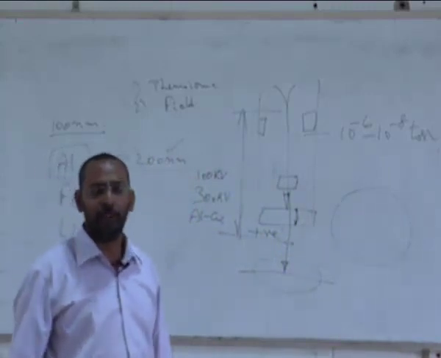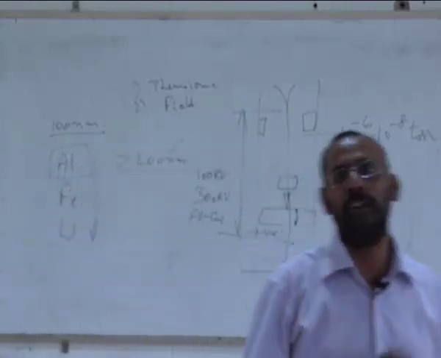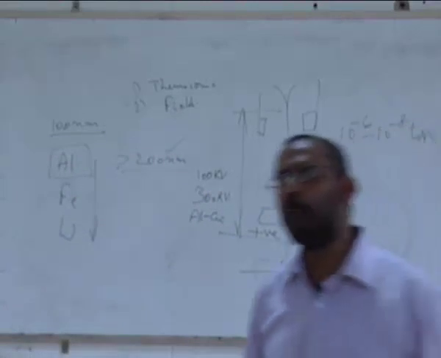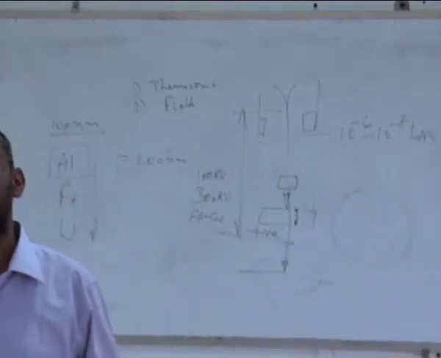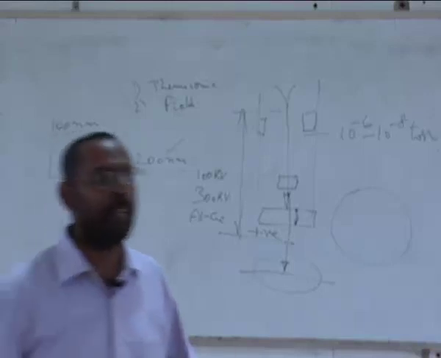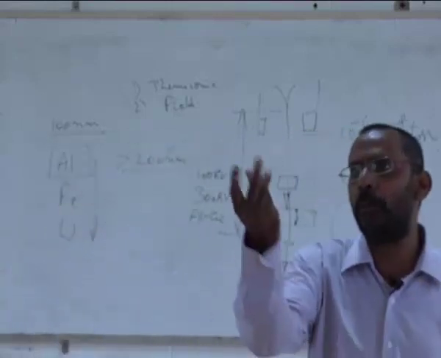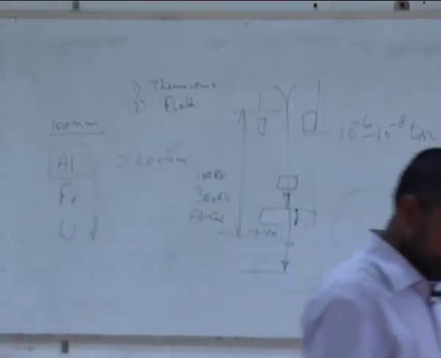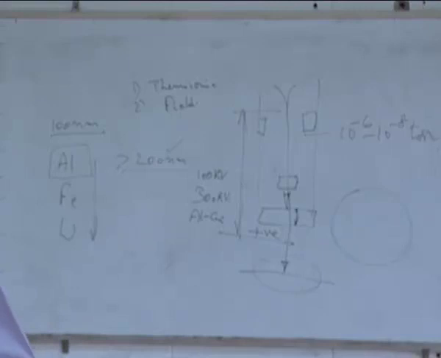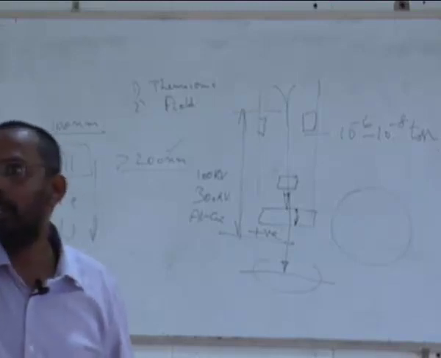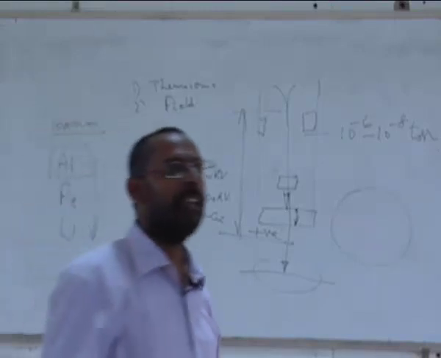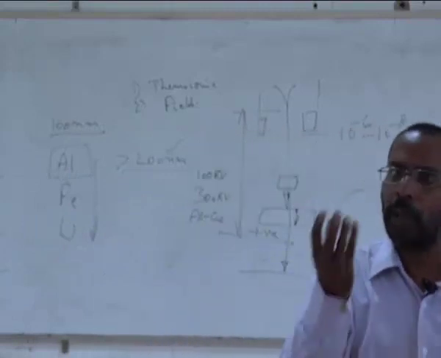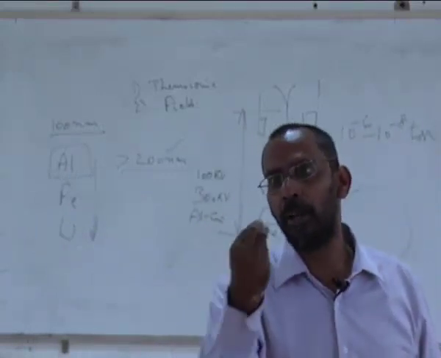To do that, there are two ways of doing it. One is, let's say you are working on nanomaterials, that you have made some nanoparticles. What are nanoparticles? When do you call a particle a nanoparticle? When the diameter is 10 to the minus 9 meter, that is 1 nanometer, right? So when the diameter becomes 1 nanometer, will you call it a nanoparticle?